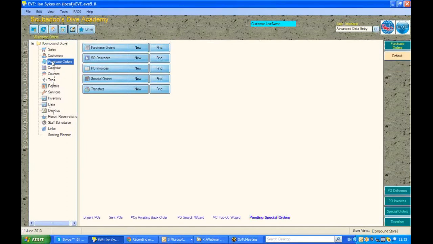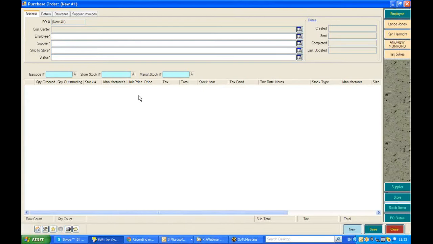To create a new purchase order within Eve, go to the Purchase Orders module, click Purchase Orders New, and you'll see a screen like many other screens, rental service, sales receipts within Eve, so it keeps the flow easy for you and your staff. We enter in first an employee,